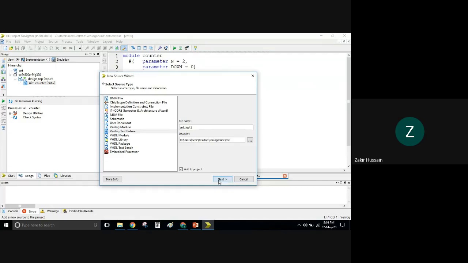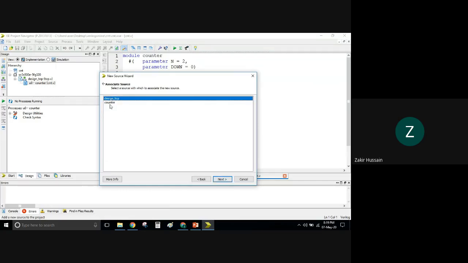I am ensuring here that the tick mark is there. Then click Next. Now this portion: last time when we discussed how to do the simulation and how to develop the test bench, I said if you have multiple design files, you will see them here. At that time we demonstrated half adder, so you could see only the HA module.